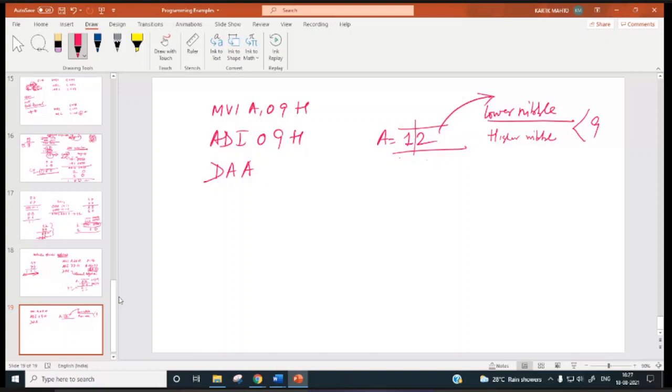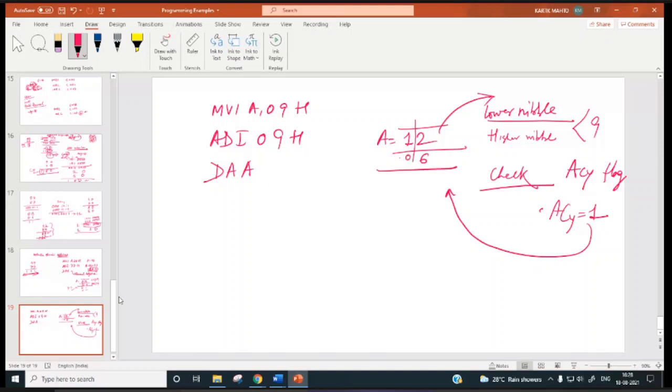So how will it be adjusted to 18? Then it will check the auxiliary carry flag. When we added these two, AC was set to 1, no? So AC in this case equals 1. So it will add 6 to the lower nibble. So the result will be 8 and this will be 1.